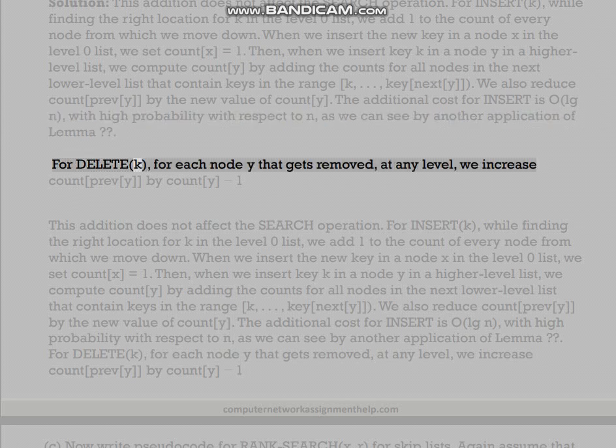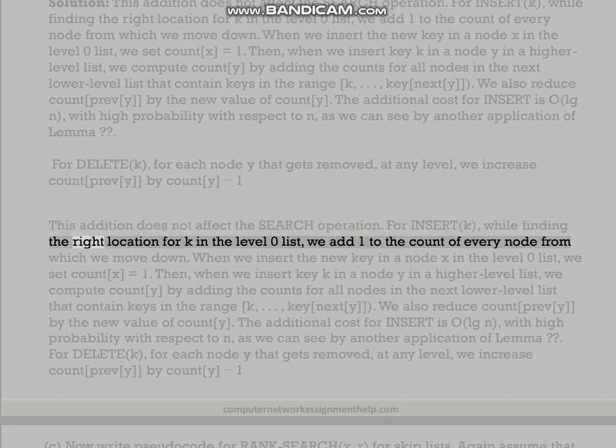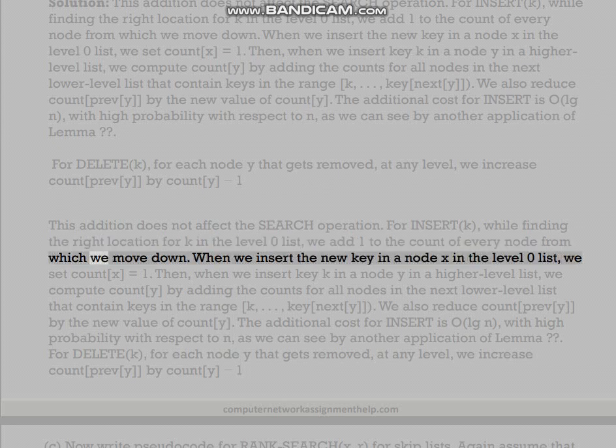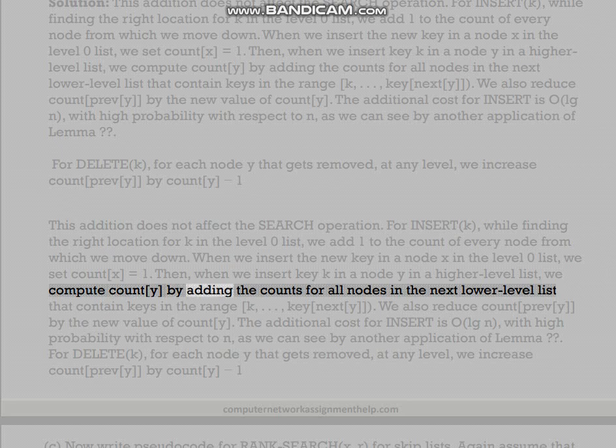For delete(k), for each node y that gets removed, at any level, we increase count(previous(y)) by count(y) minus 1. This addition does not affect the search operation. For insert(k), while finding the right location for k in the level 0 list, we add 1 to the count of every node from which we move down. When we insert the new key in a node x in the level 0 list, we set count(x) equals 1. Then, when we insert key k in a node y in a higher level list, we compute count(y) by adding the counts for all nodes